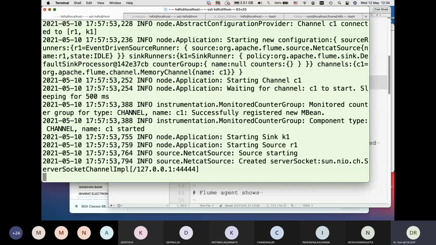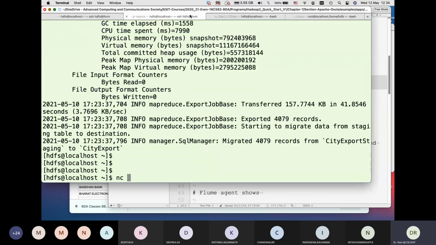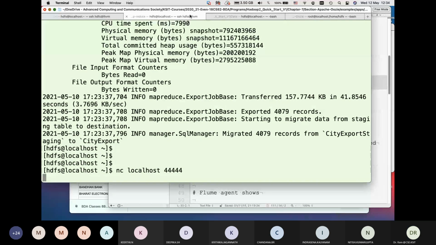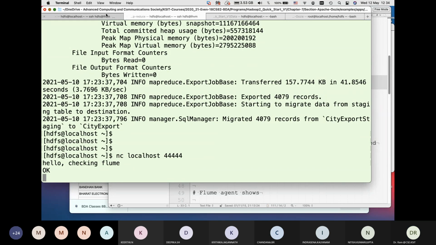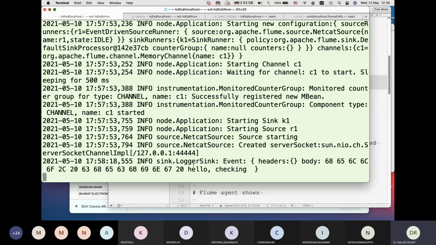So now the Flume agent is running, expecting Netcat as a source. When I type anything from Netcat, you would see the content coming up and displaying here. So in another window, I'll run my Netcat. It says okay, and you should see data here. Hello, checking, data keeps coming in, and that's the way Flume works.